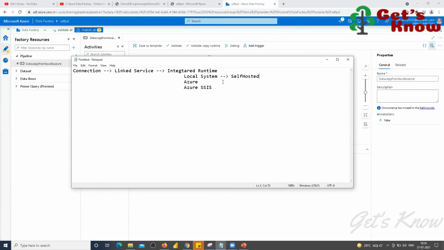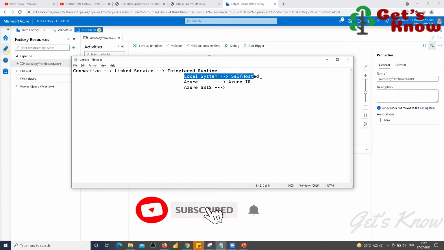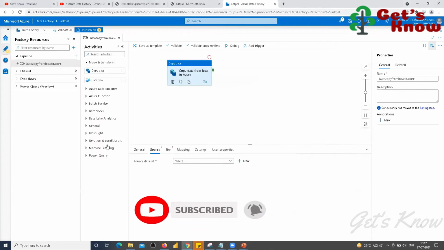For Azure, the Azure IR is available internally, so you don't need to create anything. For Azure SSIS, you have to create a separate Azure SSIS IR. So now we have to create these two first. Now what I'm going to do: first, the best practice method.